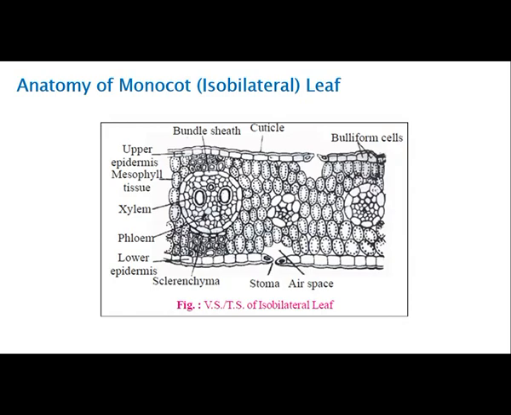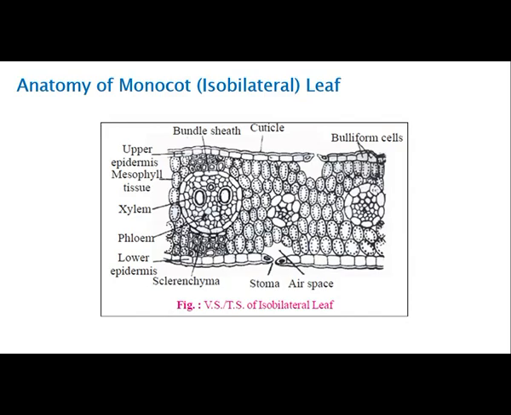The bundle sheath cells, the cells which surround the vascular bundle, in case of monocots contain chloroplast, and it is called the Kranz anatomy, as I already taught you in the chapter photosynthesis. But the bundle sheath cells in case of the dicot do not contain chloroplast. So these are some of the special features which differentiate a monocot leaf from a dicot leaf. And one more thing is that in grasses, certain adaxial epidermal cells along the veins modify themselves into large empty colorless cells. These cells are called the bulliform cells or the motor cells.